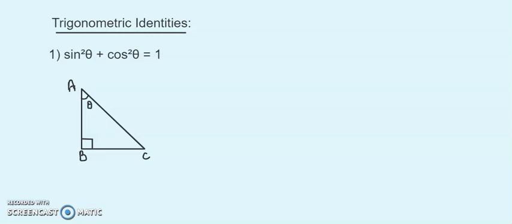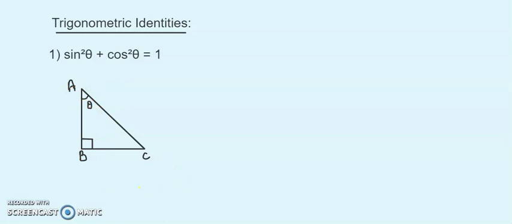So we have trigonometric identities in this year. In class 10th, you'll be learning three major trigonometric identities. The first one is sine square theta plus cos square theta equals 1. How to derive it? How did we get this identity is what I'm going to explain first, and then we'll understand how to